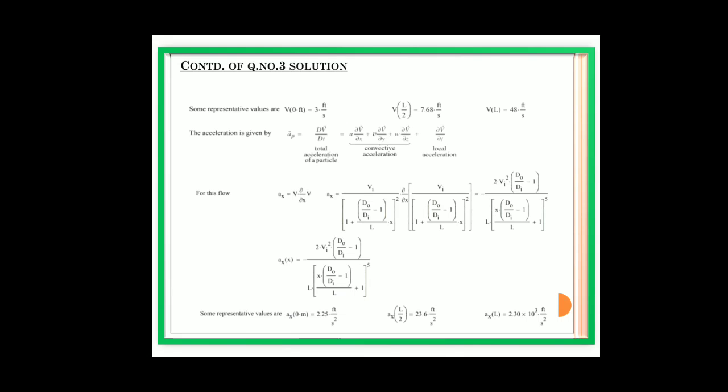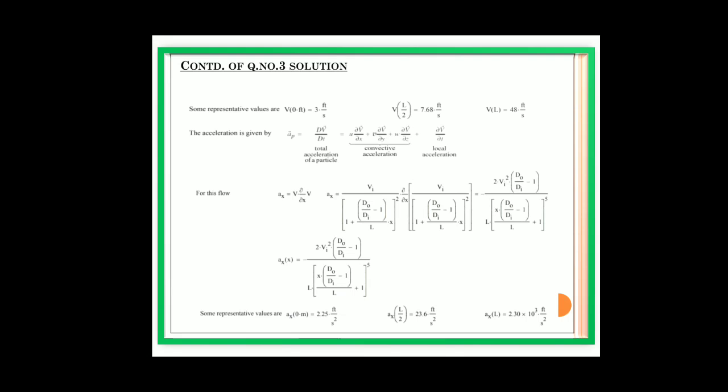For this flow, acceleration of a particle in x direction, which is ax, equal to u del u del x, maybe ax equal to vi divided by 1 plus (d naught by di minus 1) divided by L into x whole square into del x of vi divided by 1 plus (d naught by di minus 1) divided by L into x whole square. If we evaluate it, we know the solution